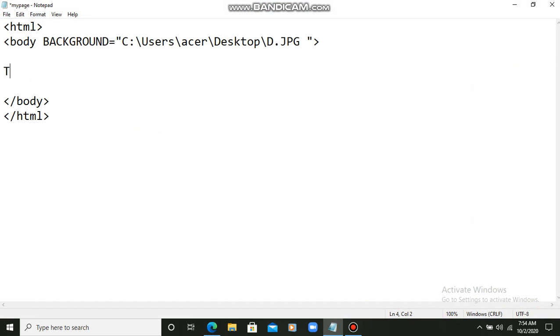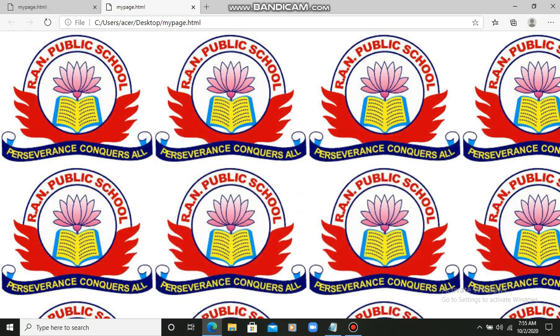So this is the picture inserted by me on background. Okay students, now see, Ctrl+S I am doing, and let's see if this text would be written over the background image or not. See students, as you can see, the text is written over the background image. This is the picture inserted by me.